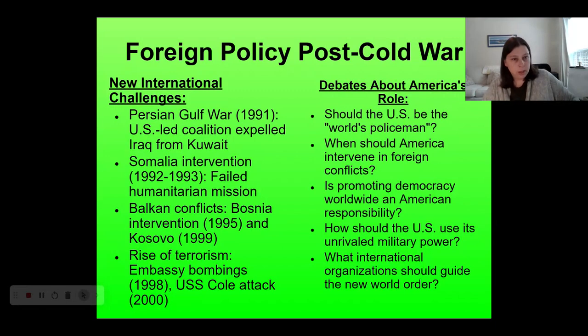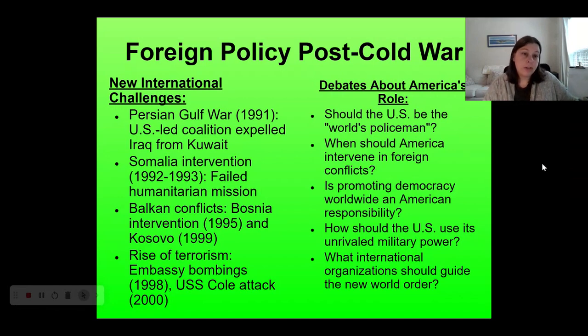We go into Somalia to try to essentially stabilize the government there that's going through a series of civil wars and famines. That does not work. There's some very infamous loss of American life as several of our helicopters are shot down and American service members are killed. So that's quite unpopular at home. We pull back from this idea that we're just going to go in and be the good guys in conflicts around the world.